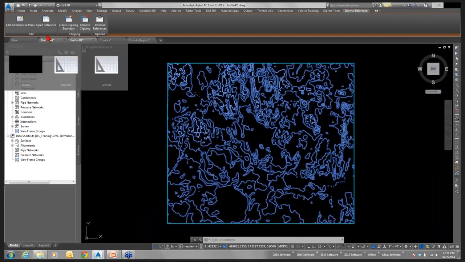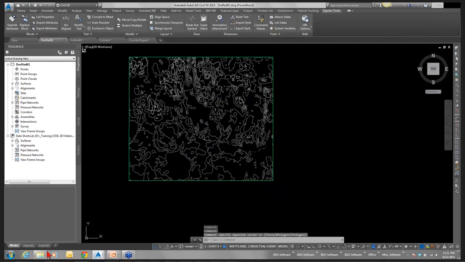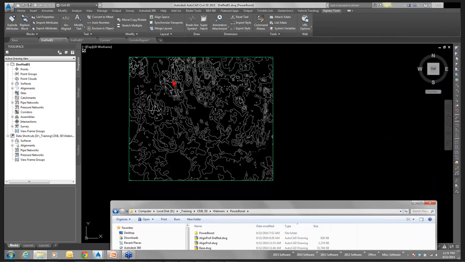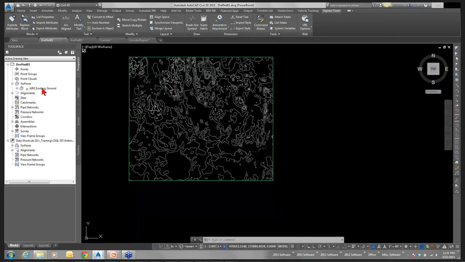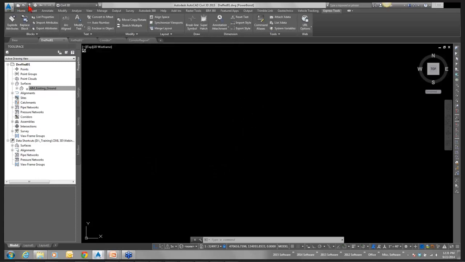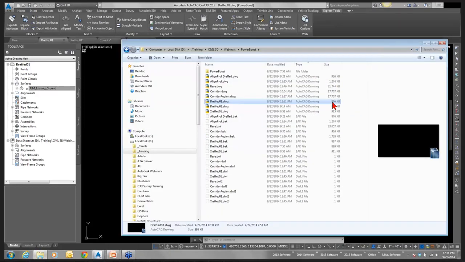And I'll quickly come in and I will save that drawing. And I can see that it was saved at 1231 and it's 897K. You won't see much of a change on this site, but just by changing my properties in a data shortcut to no display, say apply, say okay, save the drawing again, 896, it dropped 1K. Where you're going to see that major benefit,